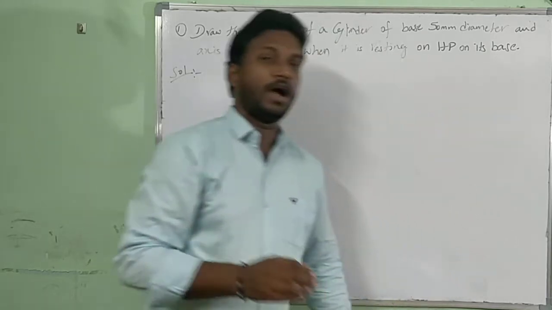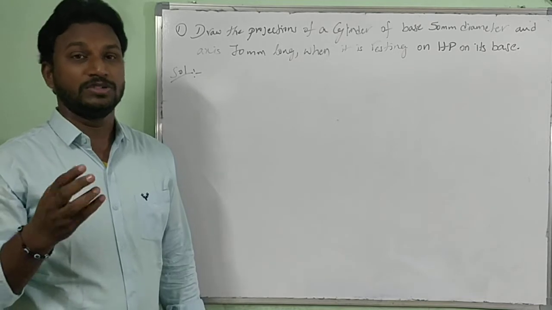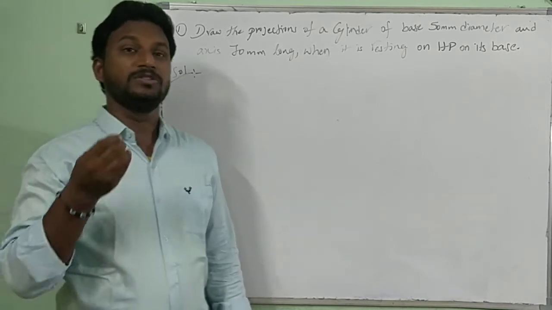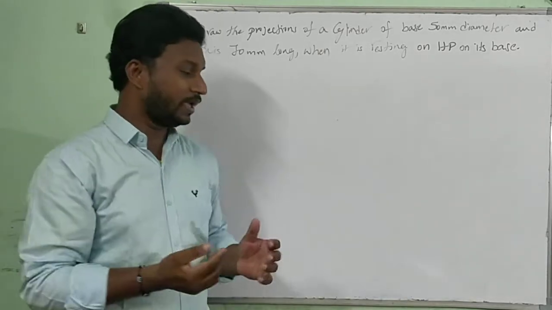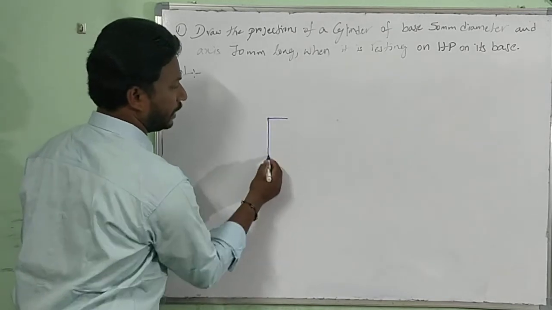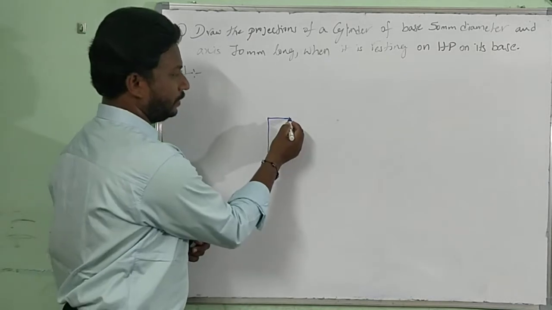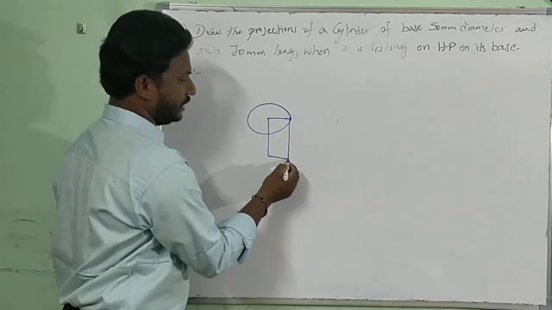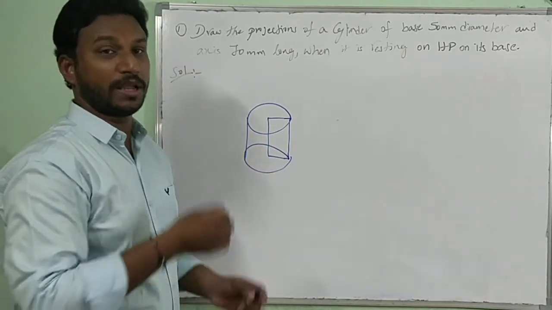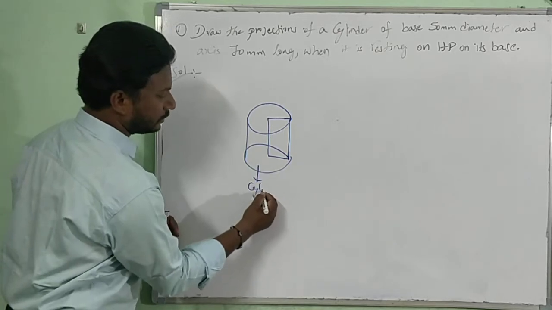Same way, another kind of solids is solids of revolution. Solids of revolution, the second type, as we discussed earlier. Solids of revolution means when you take a rectangular plane surface, suppose I am taking a rectangular plane, and rotate it through 360 degrees. Now the object which is formed is called a solid of revolution. This one is especially a cylinder.